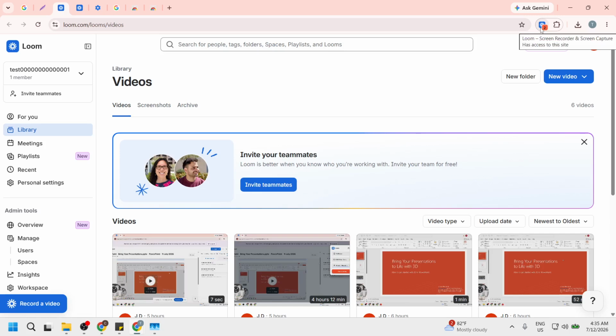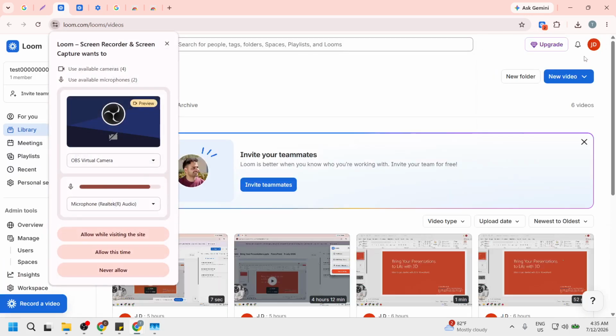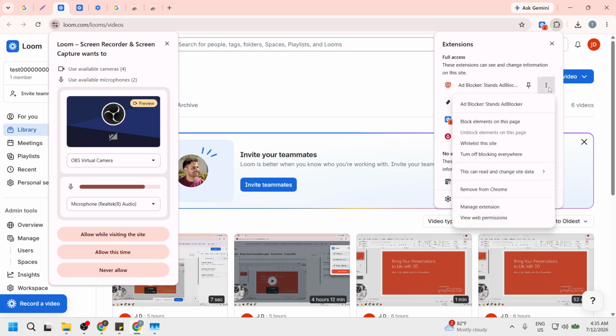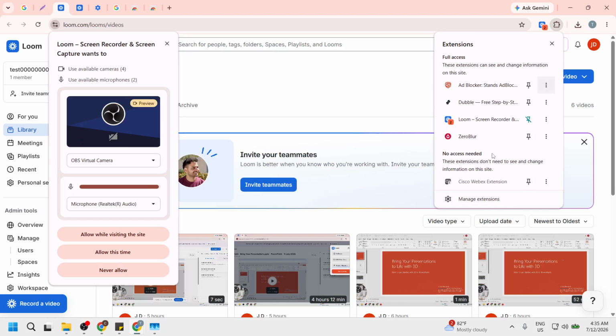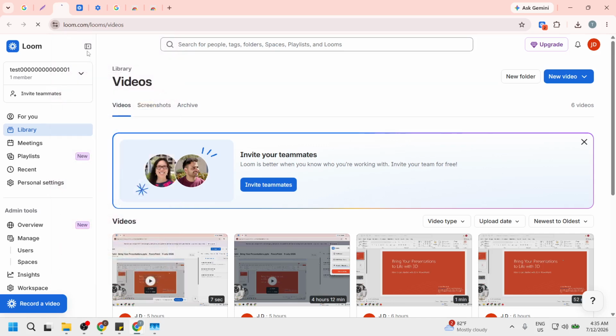Highly aggressive privacy extensions like uBlock Origin, Privacy Badger, or Brave Shields frequently block Loom's video streaming scripts. To fix this, turn off your ad blocker for Loom.com and refresh the page. This step is crucial because these extensions can inadvertently disrupt Loom's ability to load its content. Disabling these extensions temporarily allows you to see if they are indeed the culprits behind the issue. Once you refresh the page, keep an eye out for any changes.